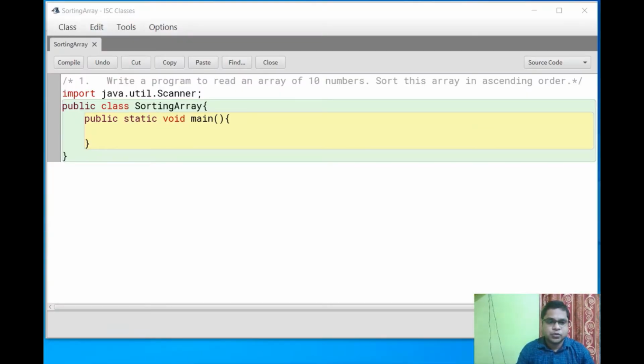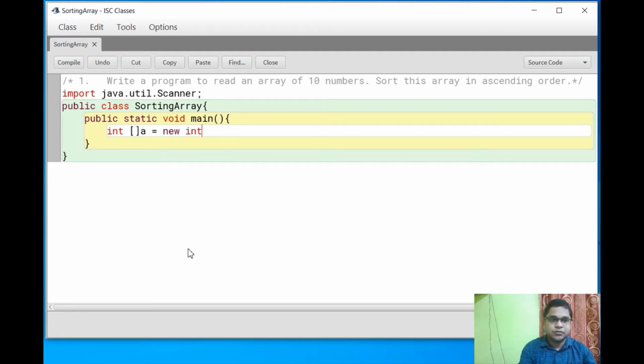So let's start the program. First we have to create an array. Here I declare an array, a equals new int of size 10. This is mentioned in my question, an array of 10 numbers.